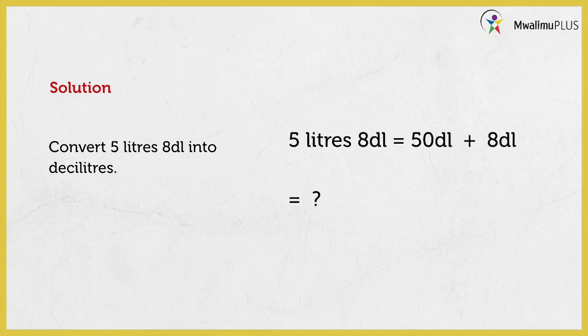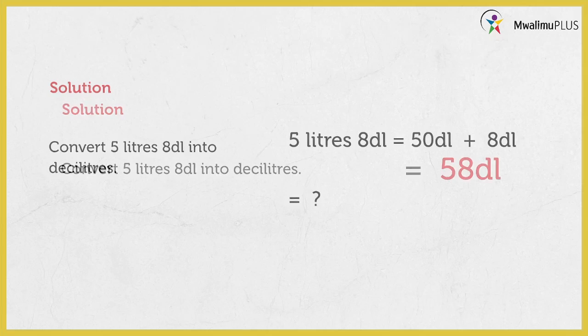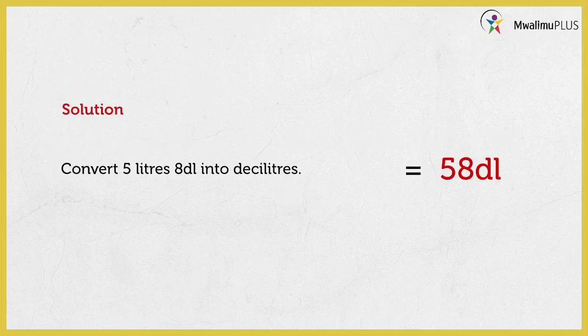When we convert 5 liters 8 dl into deciliters, we have already converted 5 liters into deciliters. That is 50 dl. And we have 8 dl. Now we find their sum. Learners, if I take 50 dl plus 8 dl, what will be my answer? Quick addition. Good, I'm seeing some hands up. Well done, the answer is